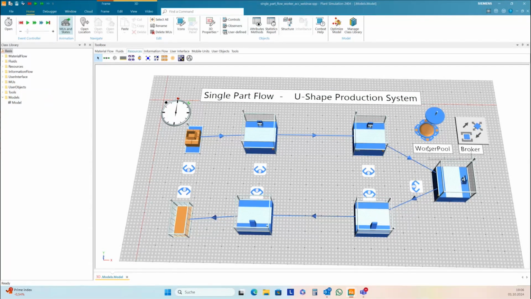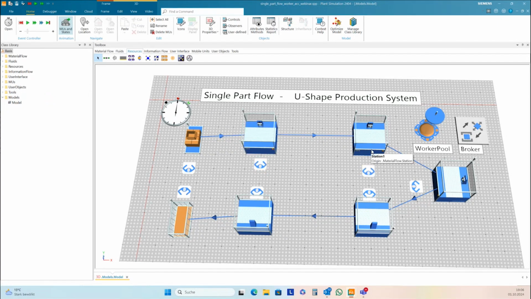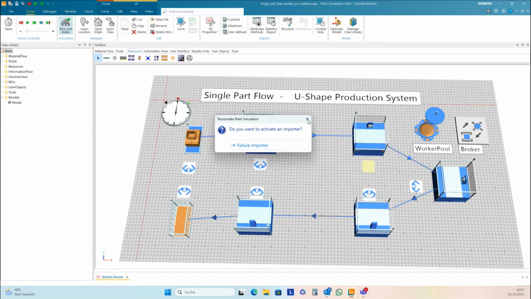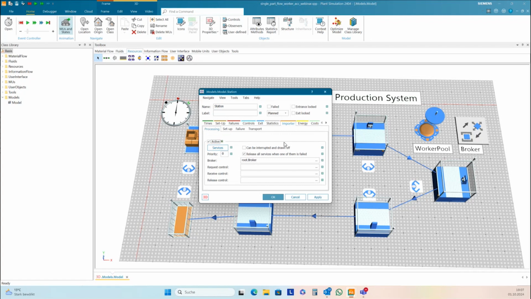We need to activate the transport importer for all the stations. You can do it with drag and drop by moving the workplace again to the stations, or just click on the importer tab.